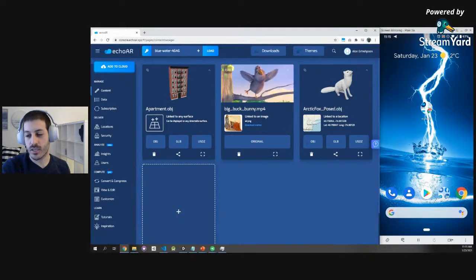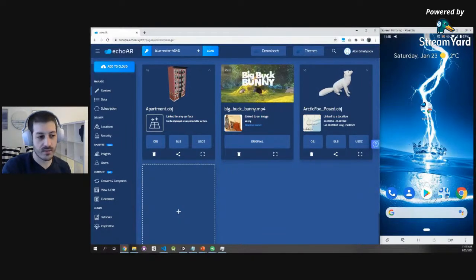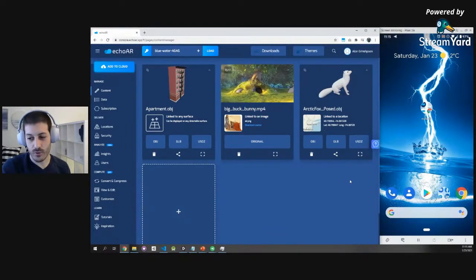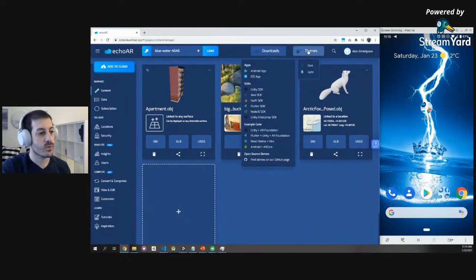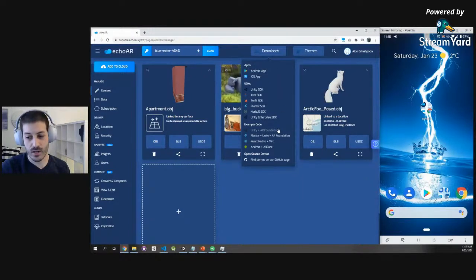So we have FBX, GLTF, USDZ, OBJ, STL. These are mostly, and I'm going to show you where you can find the list of all supported models in a sec. So we saw the downloads menu. This is a place for you to find the example apps, some SDKs to integrate to your application, and